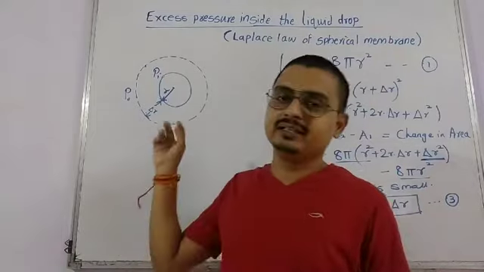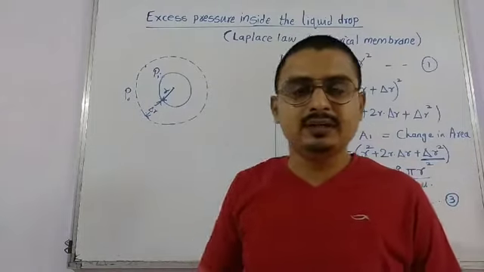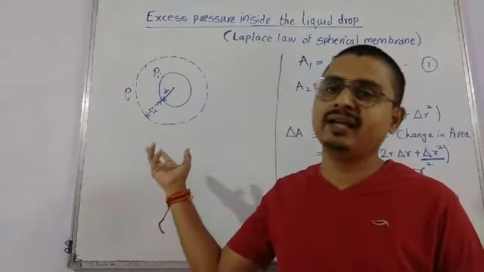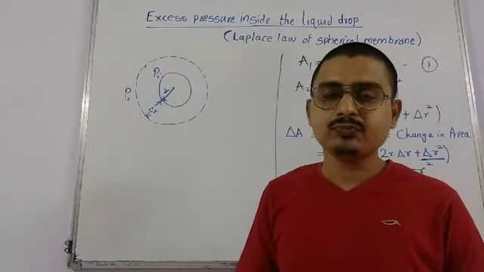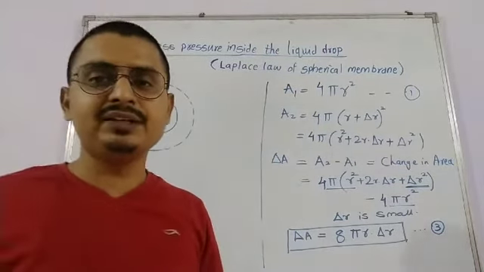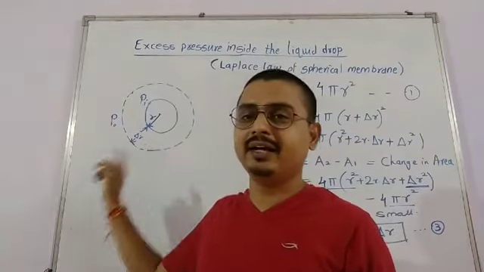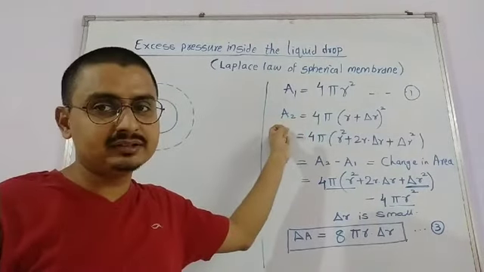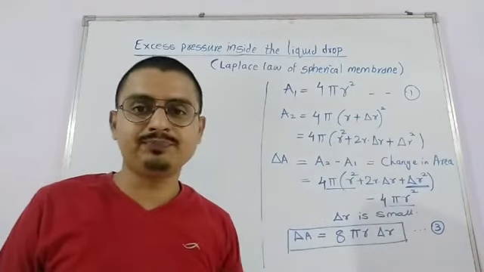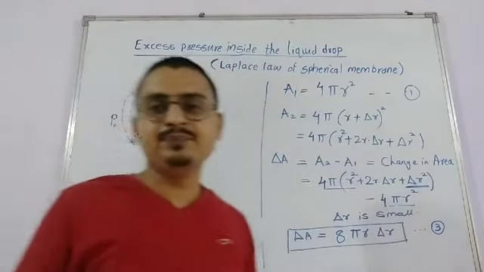So now here on we will discuss on drop. As we discussed, small r is the radius of a drop, delta r is the increment in the radius of a drop, and inside pressure is Pi and excess of pressure is Po. So initial surface area of a drop is 4 pi r square, and when the radius is increased by delta r, its area also increases, that A2 becomes 4 pi (r plus delta r) bracket square. When we expand this, we get the final area.